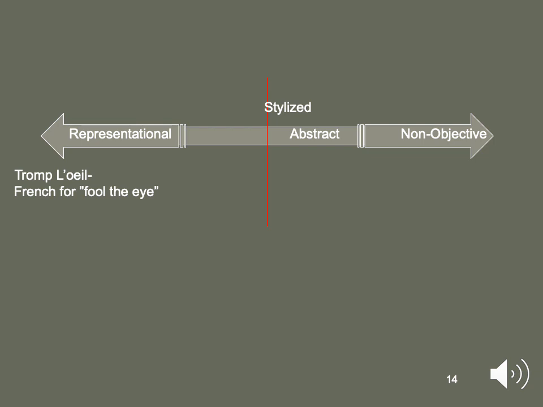Now, on the very opposite end of the spectrum from representational, we have non-objective art. And non-objective art is art that is relying on the formal elements of art, rather than creating recognizable subject matter. So everything we've looked at up until this point has had a subject matter that you can recognize. Even if it's been abstracted, you can still look at it and say, okay, yes, I see that figure. After I look at the title, whatever it might be, I do see a figure there. So non-objective art, you're not going to be able to do that. It's going to be purely about those formal elements and principles of design that we will discuss in chapters 4 and 5.